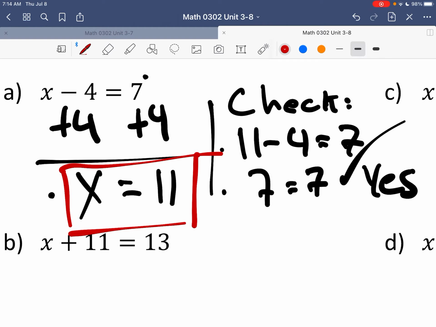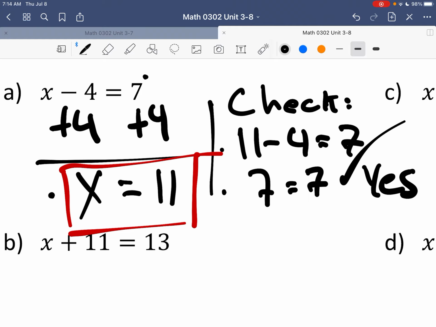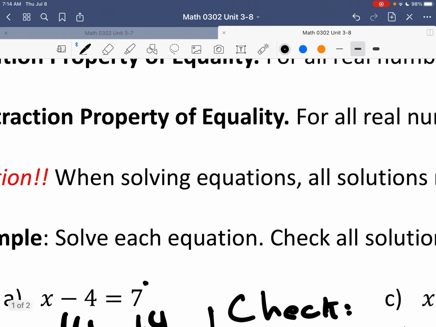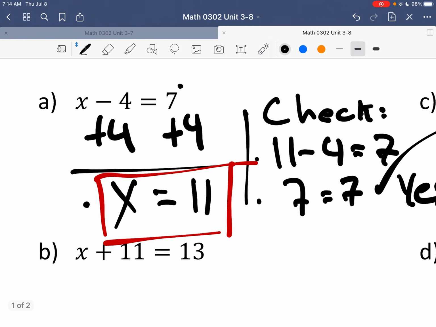Let's go back and review which property we used. The property we used here was the addition property of equality, which says the following: whenever you add some number to one side of the equation, you have to add that same number to the other side. So it's important to identify which property was used, number one. And then number two,